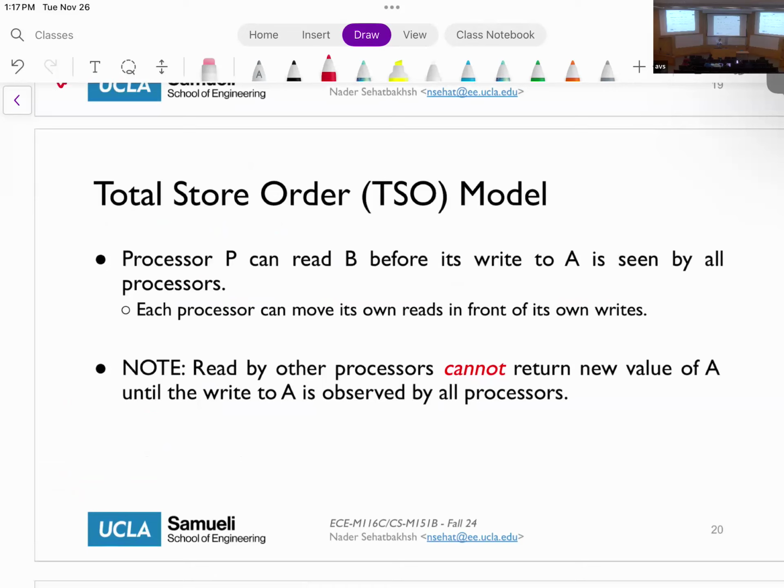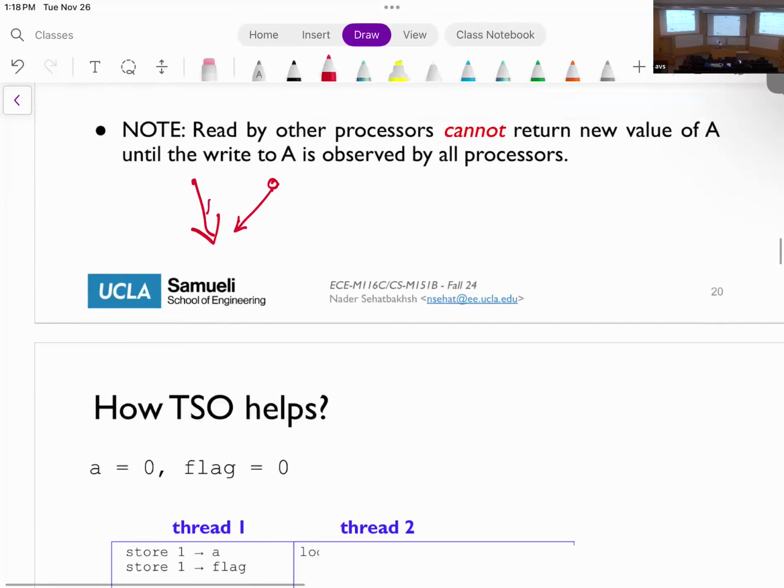Of course, this creates new problems. If you are issuing reads before writes, what happens if the other cores also try to read? The other cores will not see the same value that the initial core sees. Remember that unless the store is announced to everyone, the other cores will not see it. So TSO adds complexity to the program, where some writes might not be observable by others while some other writes might be. Just keep that in mind.